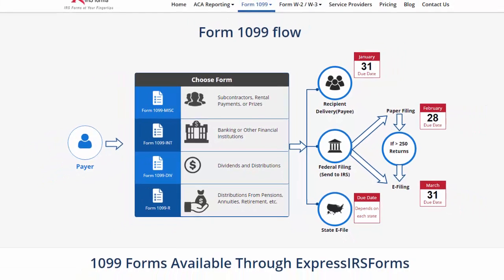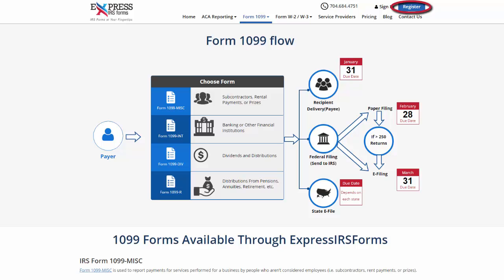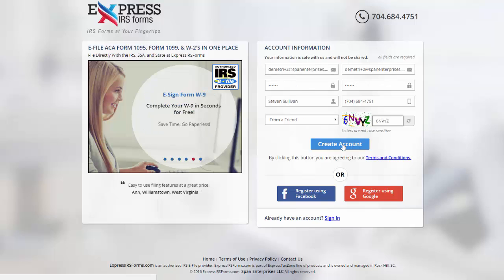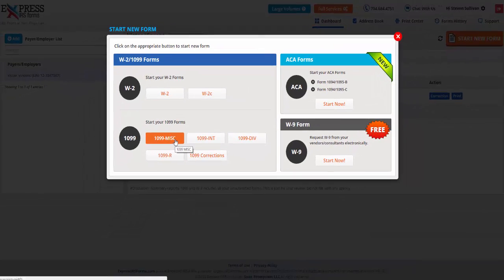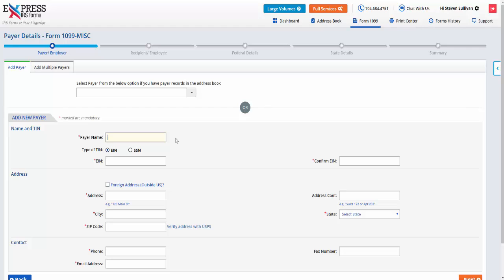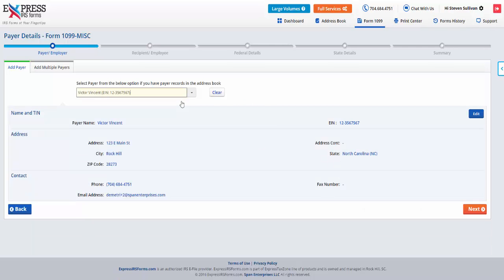To register for ExpressIRS Forms, visit www.expressirsforms.com and click Register at the top right of your screen. Enter the necessary account information to create your account. After creating your account, you will then click on the appropriate button to start your 1099 forms. Selecting your payer or employer is the first step. If you already have employer details in your address book, you can autofill the required information by selecting the employer